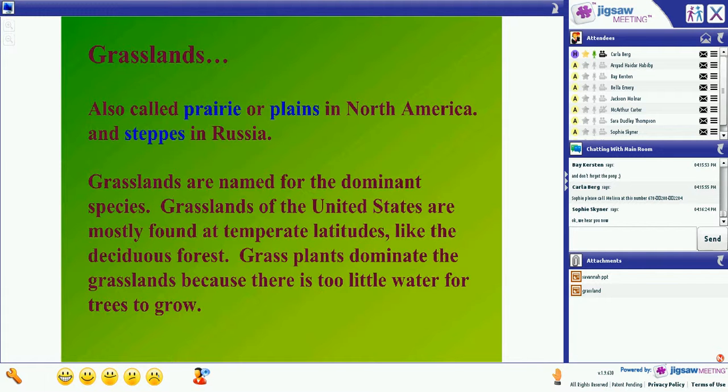Different parts of the country or different parts of the world, like we talked about last week with the taxonomy and the names of animals, call ecosystems by different names. So what we are talking about now is a grassland. Grasslands are named for the dominant species in that area. So the dominant species, or the most common vegetation in a grassland, is what? Raise your hand. What do you think the most common type of vegetation or type of plant is? Faye, go ahead.